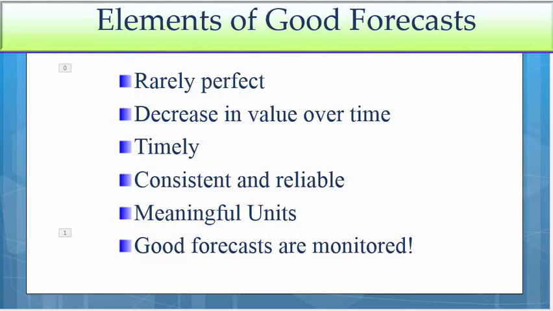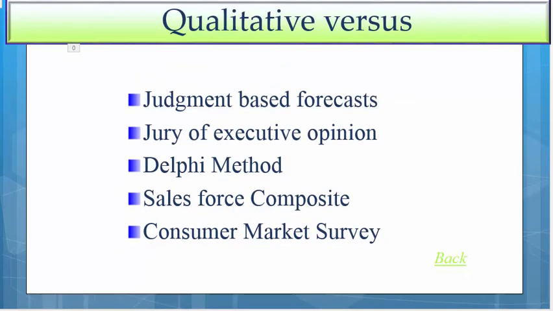Now let's talk about some particular types of forecasts. So first we're going to talk about these qualitative models. So there's basically these 5 qualitative models that you should be familiar with. The first, the jury of executive opinion. Now this is where a group of people get together that are considered experts and managers, and they discuss